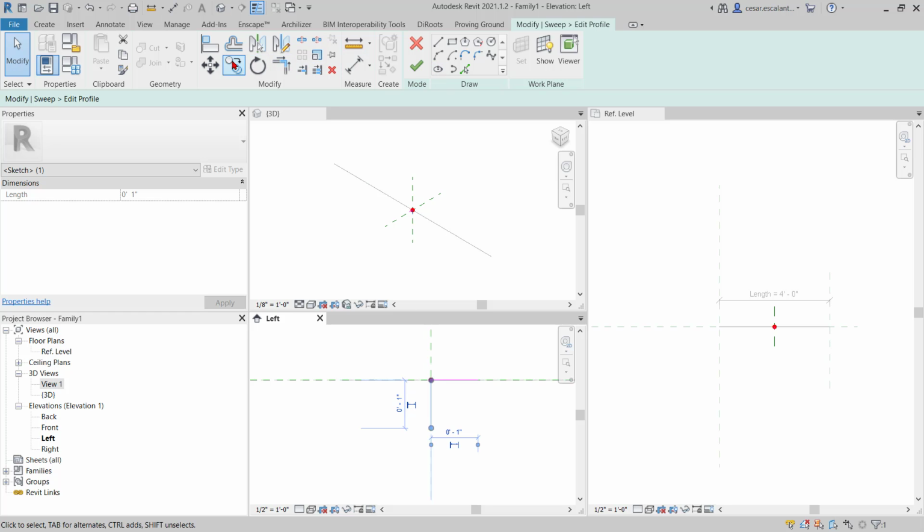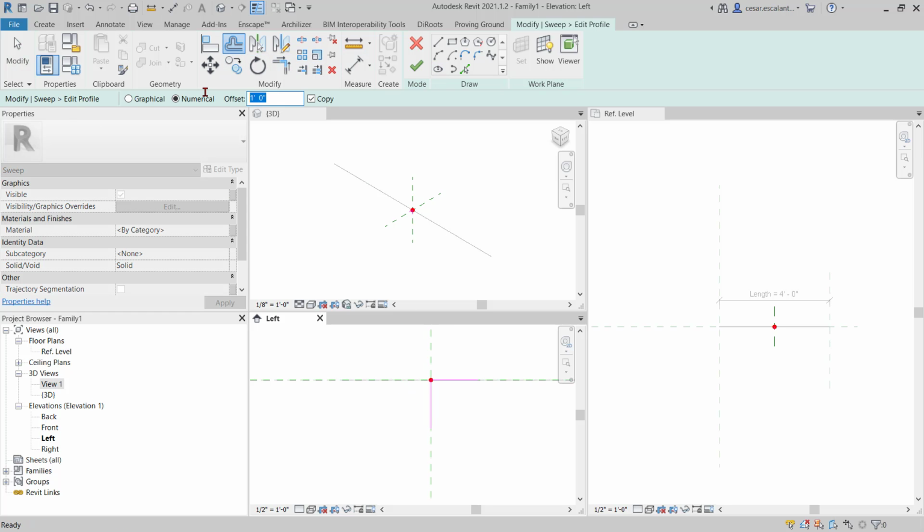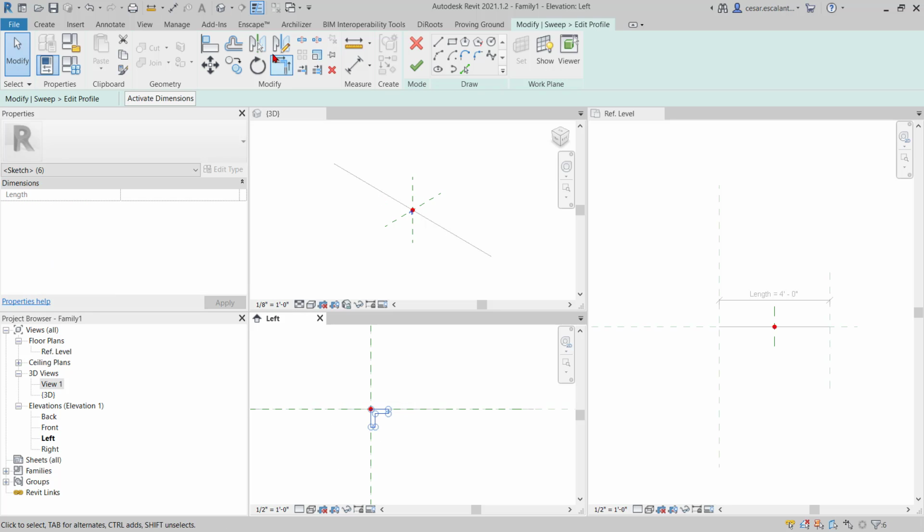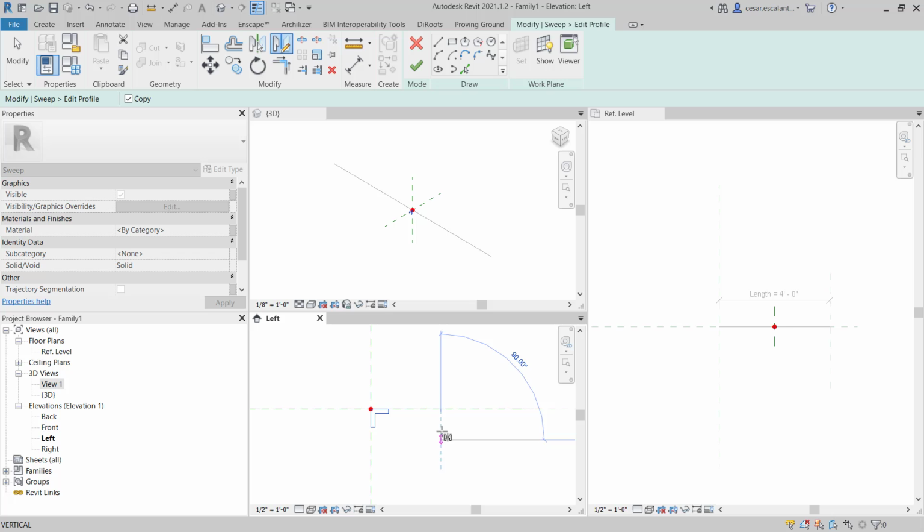Offset this by 1/4 of an inch. And close the sketch line. These represent angles, and then I'm going to mirror, drawing a line,